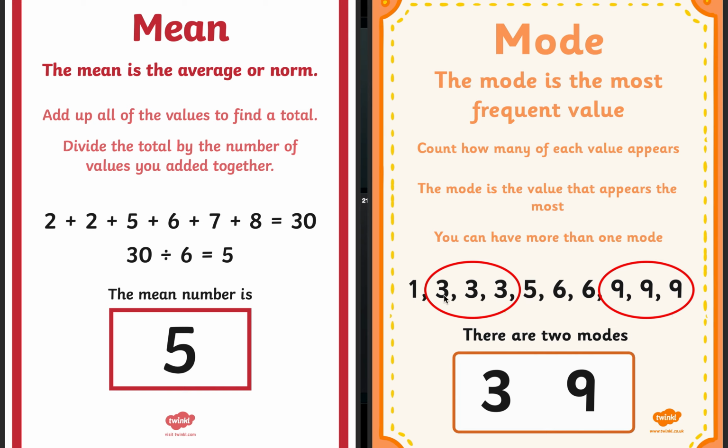So in a set of numbers, you have 1, 3, 3, 3, 5, 6, 6, 9, 9. You would find which one of these has been repeated so many times, and the one that's been repeated the most is the mode. Sometimes you have two modes like this. You have 3 and 9, they're both repeated 3 times, but if the 9 was